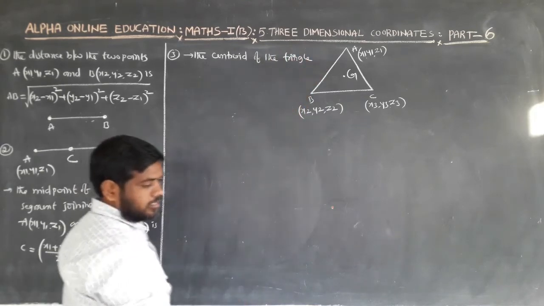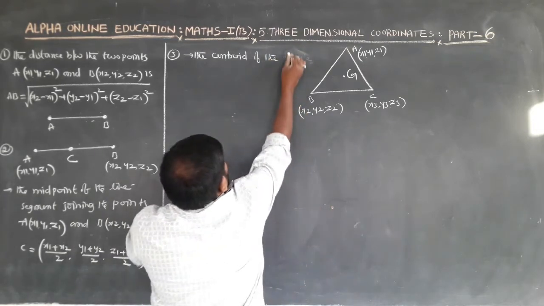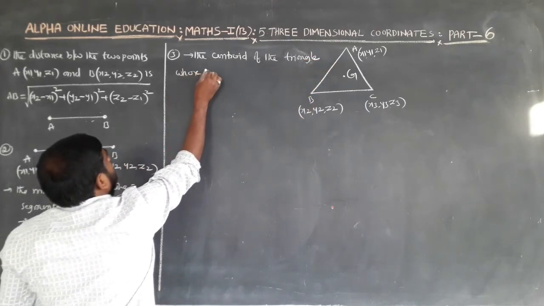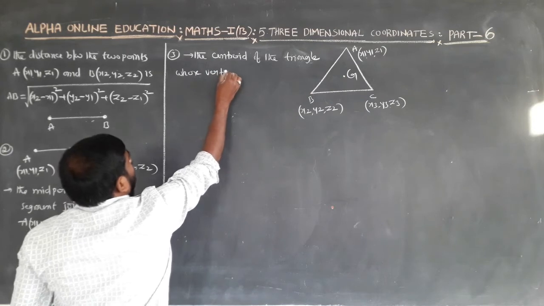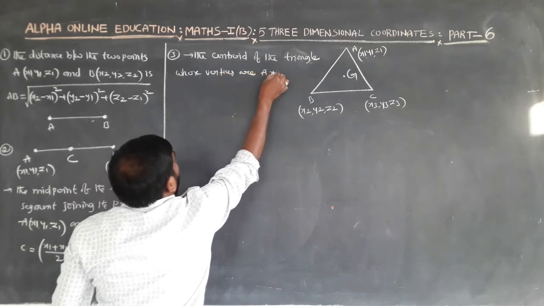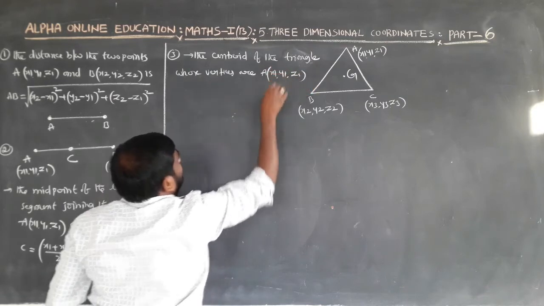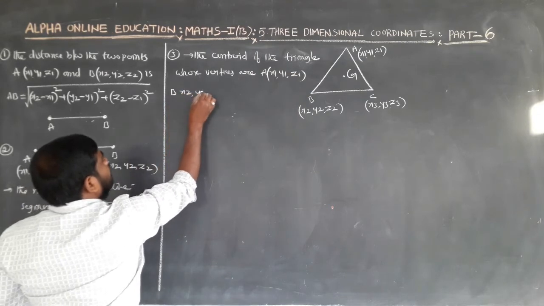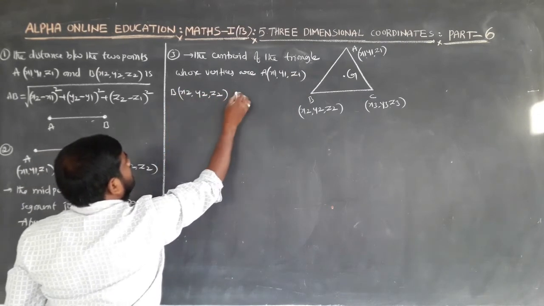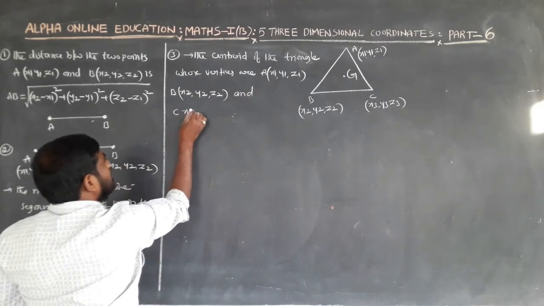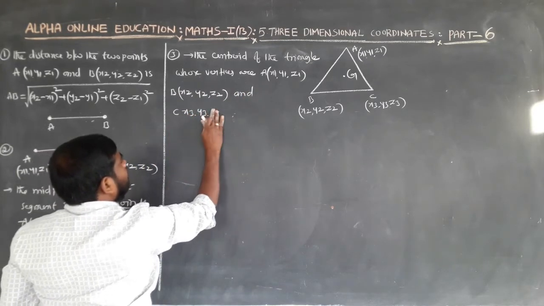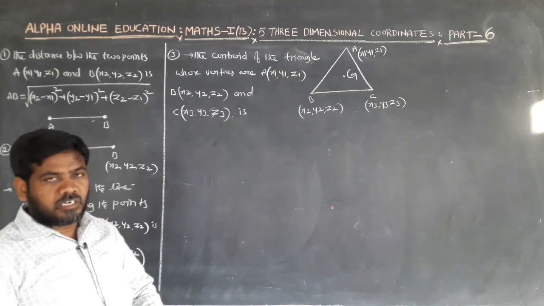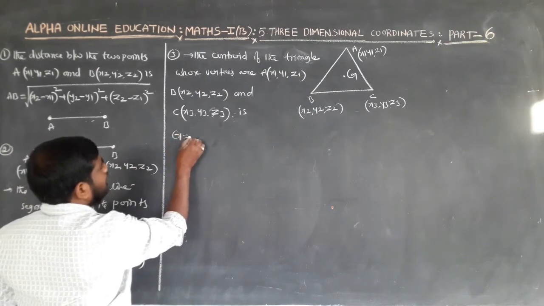The centroid of the triangle whose vertices are A x1 comma y1 comma z1, B x2 comma y2 comma z2 and C x3 comma y3 comma z3 is the centroid of the triangle whose